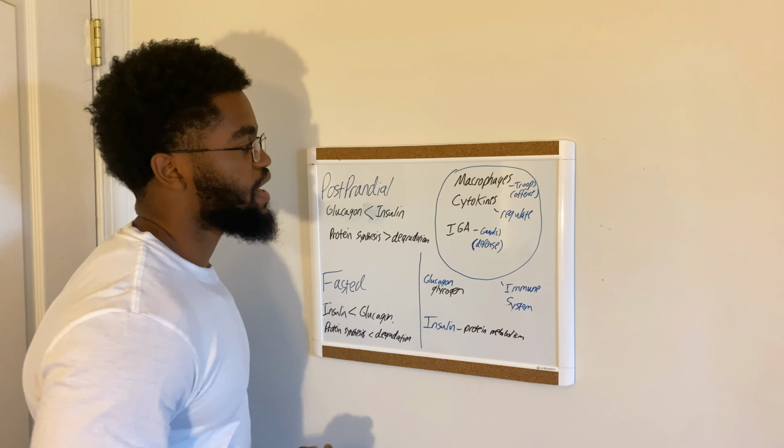When you're in a fasted state, because you don't have enough amino acids for the immune system to carry out its proper functions, this immune system response can be compromised. So your immune system is always going to be more effective in a fed state than a fasted state. But again, this is a prolonged type of thing. So typically after 48 hours is when it starts to affect the immune system.